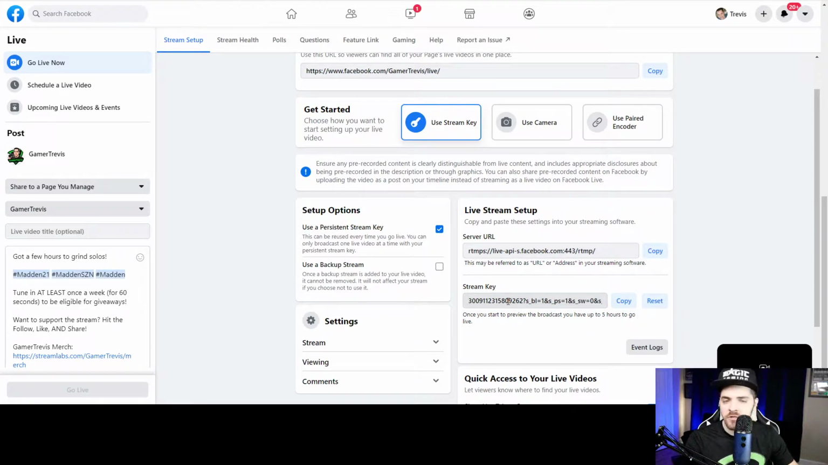You see stream key, don't touch it, just click copy right here. Now, if for some reason there's nothing there, which I don't ever think that's possible, click reset, something will pop up. But right now, we're just clicking copy. Now what we want to do is go back to